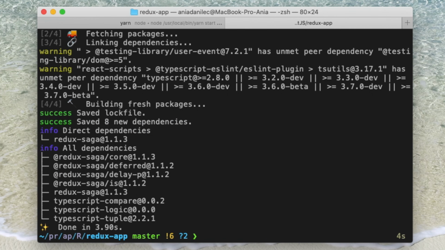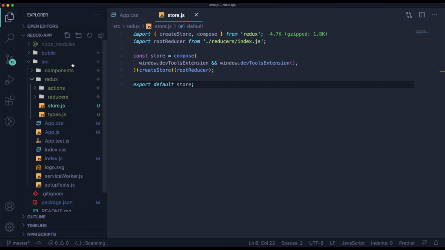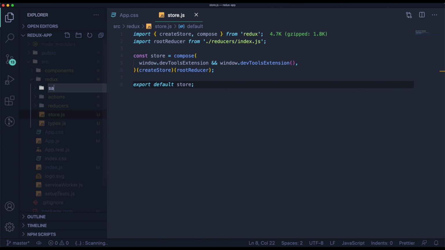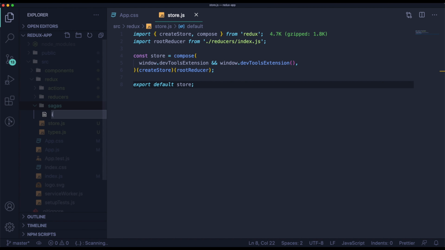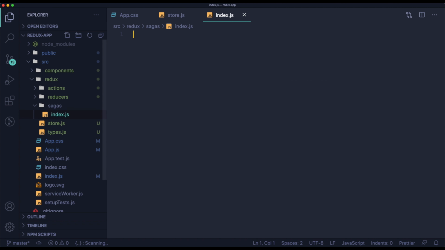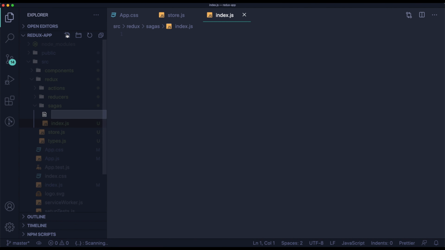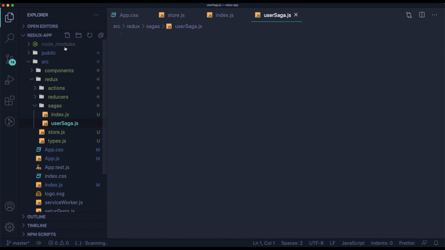Okay, let's go back to the code. Let's start by defining a new folder called Sagas in our Redux component. Inside that folder, let's create another file called user saga and index.js. Let's open user-saga.js